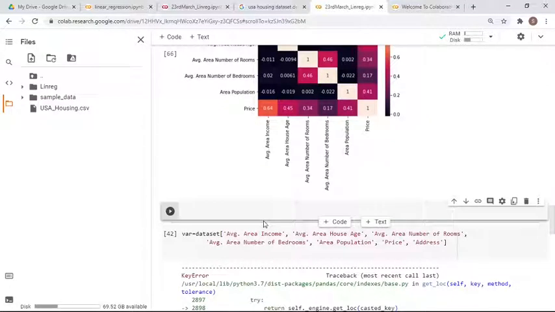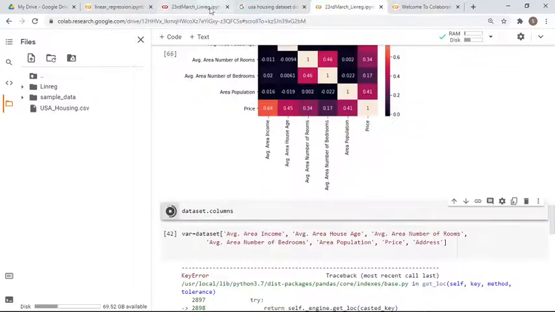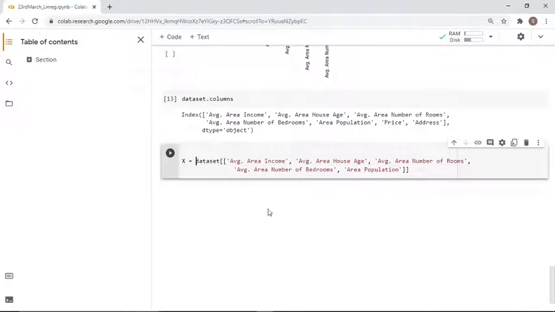If you type dataset dot columns, it will display all the columns. So here we have printed all the attributes, and now in the data frame X, let us have all the attributes,